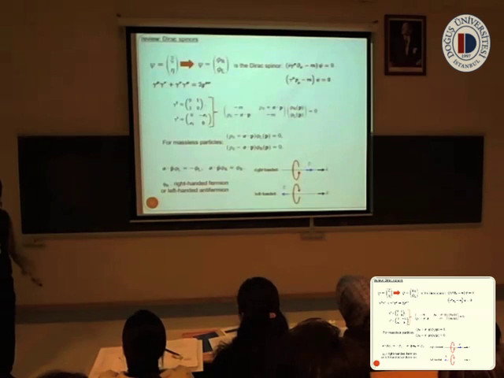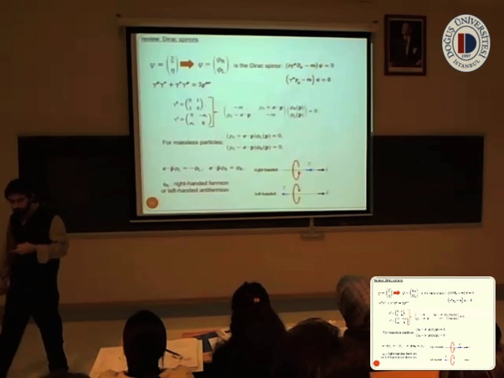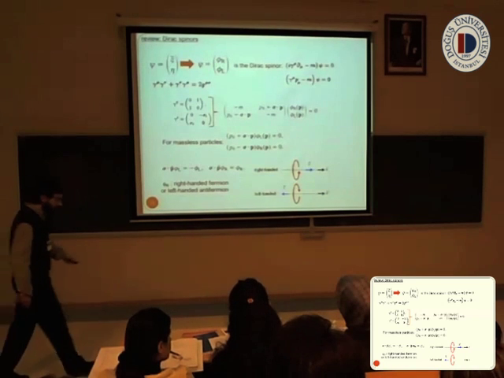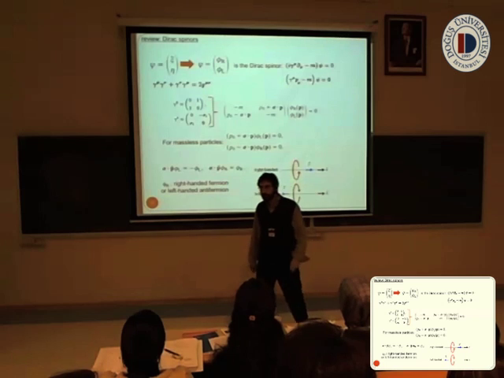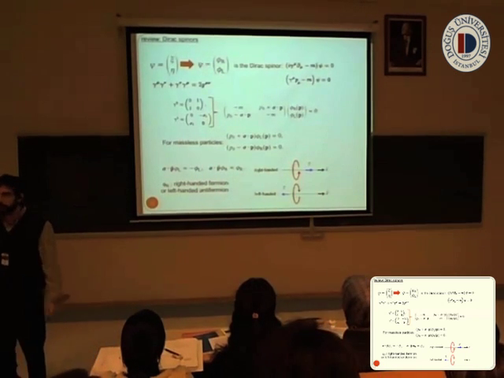So you have two separate equations. When you solve them, you get sigma dot p hat, which means the spin in the direction of momentum, which is called helicity,